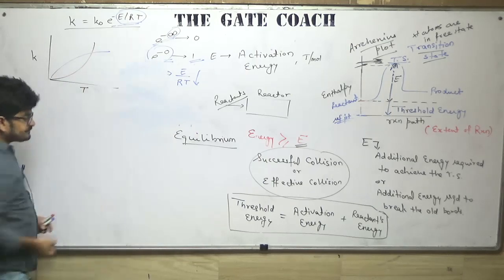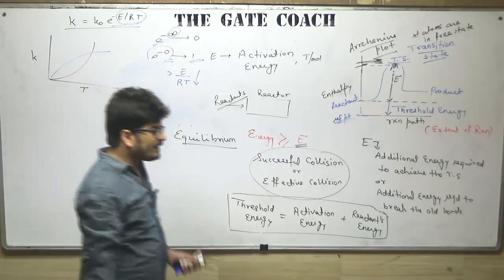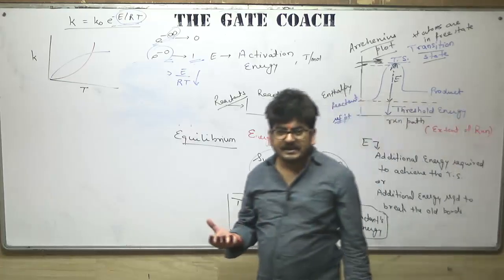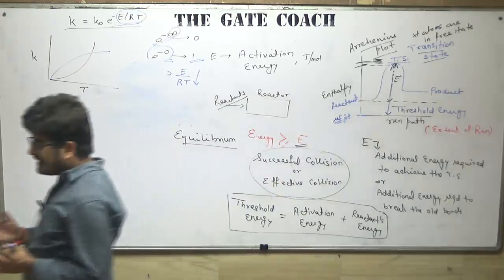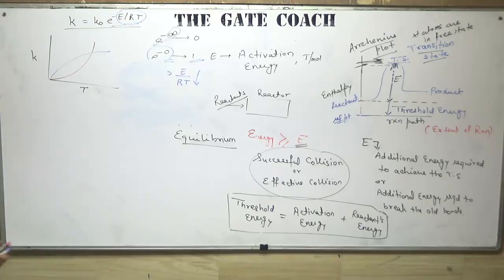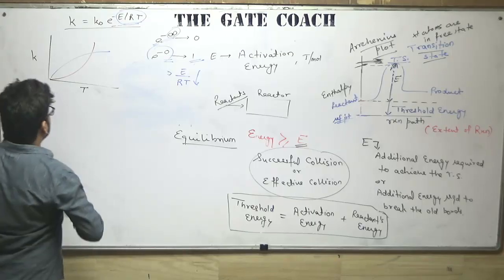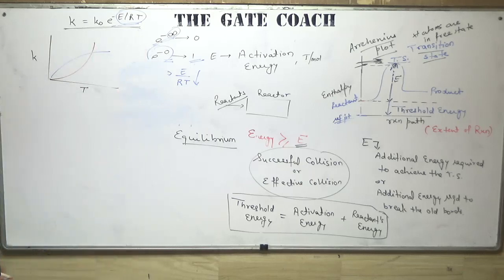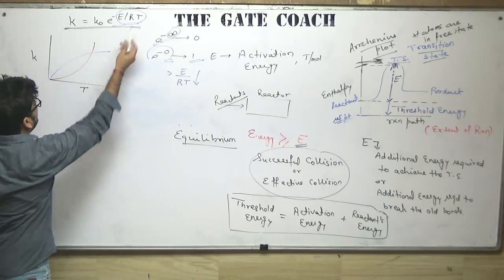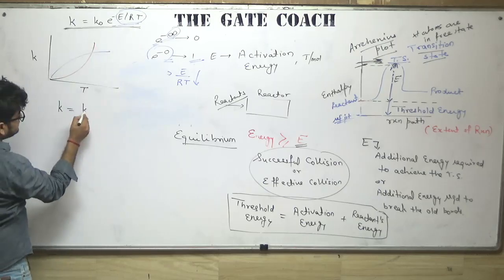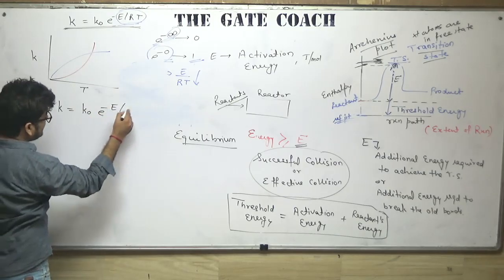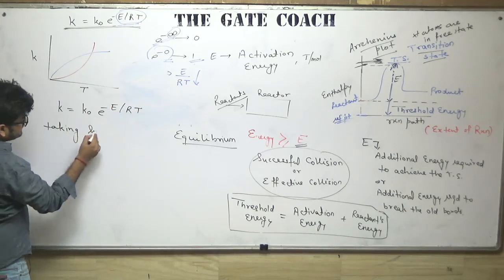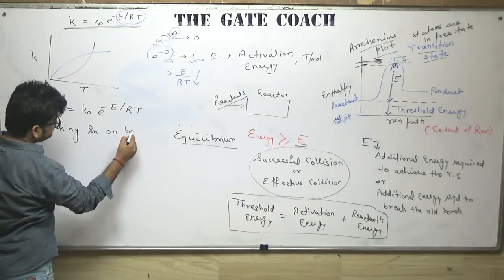here, this is the Arrhenius theory, and all of us know that it is easier to study and analyze a straight line curve than the exponential curve. So let's try to change this function into a straight line function. If I take log on both sides, I have K is equal to K naught e to the power minus E by RT. Taking natural log on both sides,